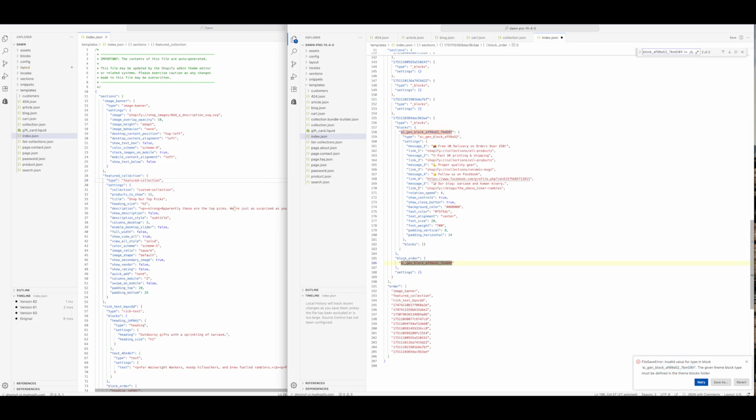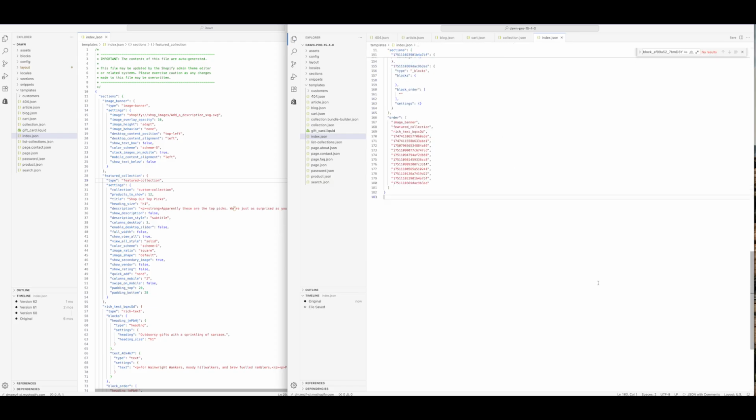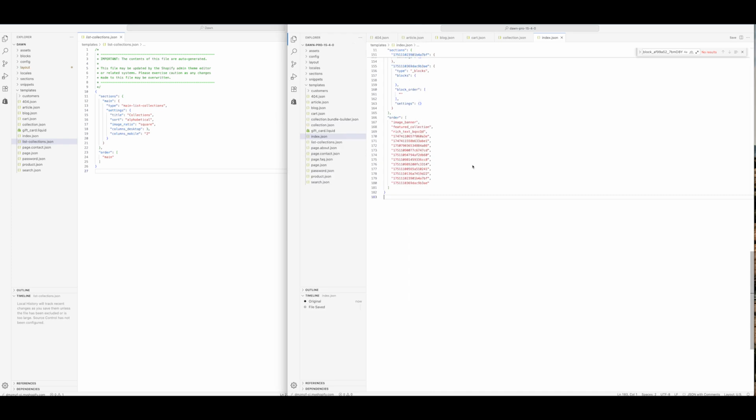We're going to try to delete this because we don't want this. So blocks, let's see if we can just clear this out. Save blocks. Okay, so now it's saved because I didn't get that indicator anymore. So now we're just going to go to our list collections,